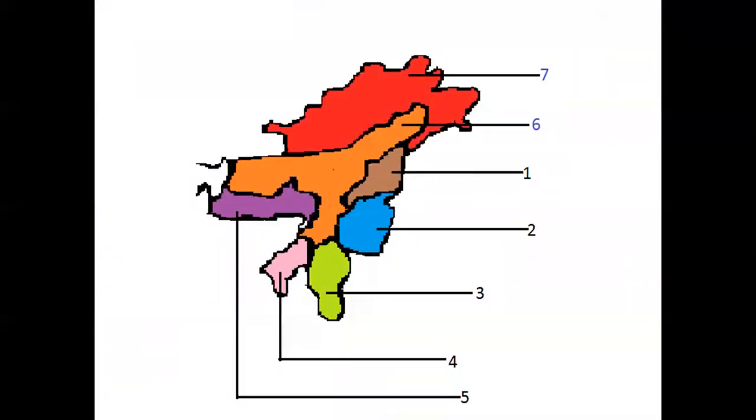So I have zoomed in on that part of the India map so as to show you clearly. So you see here, children, the first red color portion, you have to mark it as it is. That is Arunachal Pradesh. And this light orange color one is Assam. Assam and Arunachal Pradesh, you mark it as it is because they are bigger. And as you come down, 1, 2, 3, 4, and 5. These are very small states.